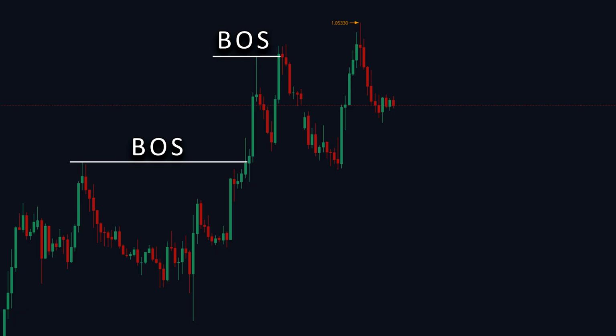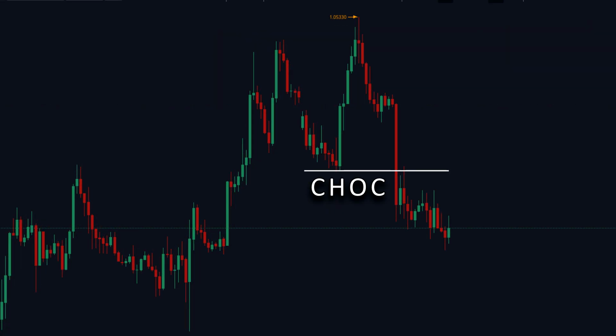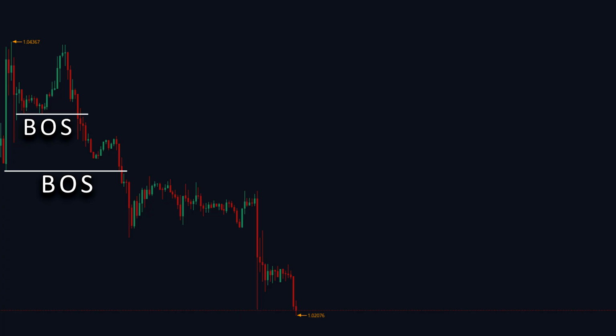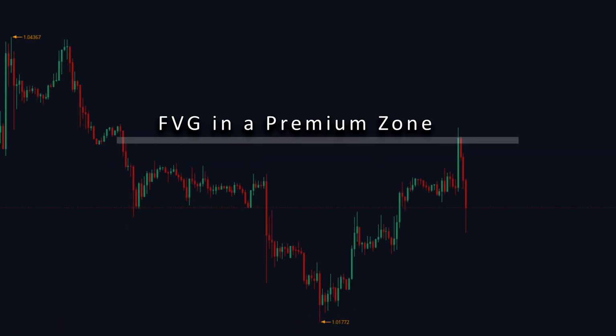However, at a certain point, price makes a liquidity sweep above a previous high. This often signals a possible reversal. If price breaks and closes below a key low, this confirms a change of character, meaning buyers have lost strength and sellers are now in control. Bearish scenario. For a bearish setup, a change of character happens when price trades below the lowest point of 2 consecutive highs. This significantly increases the chances of a trend reversal, especially if the market was previously in a long-term uptrend. By mastering these concepts and combining them with FVG trading zones, we can refine our entries and take high-probability